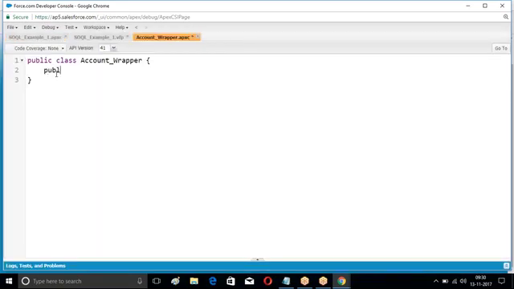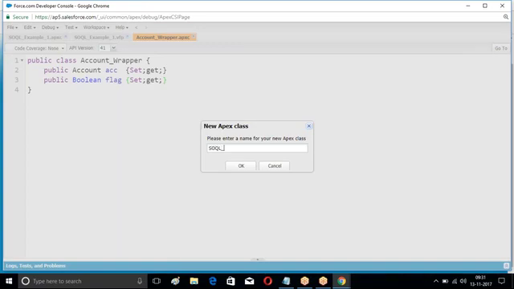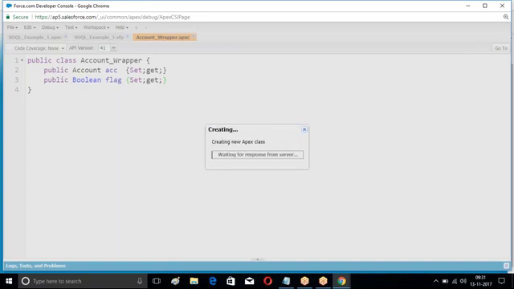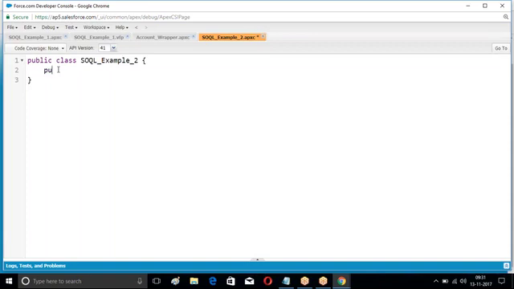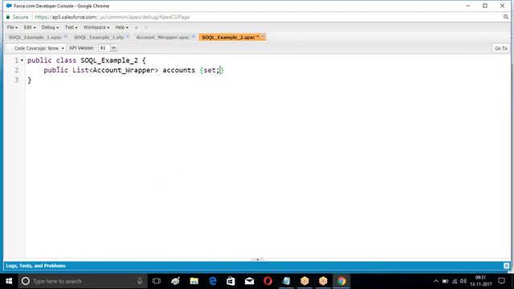So I have given public account ACC, one account record, then followed by Boolean. Now, what I told: write a SOQL query, get the data, and display it here. What are you supposed to display? Public list of account wrapper. Then what I'm doing here, public